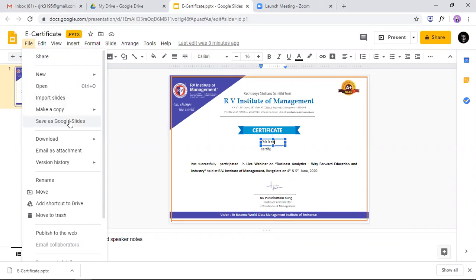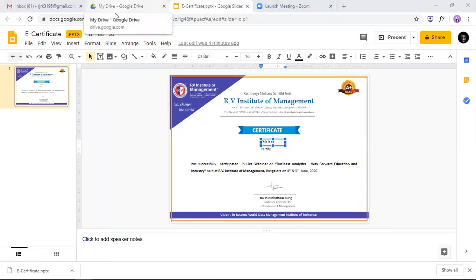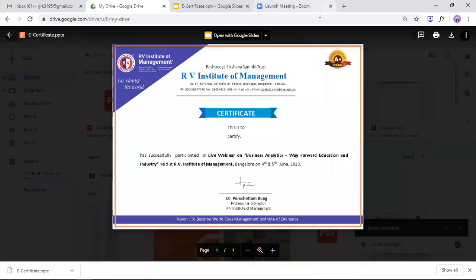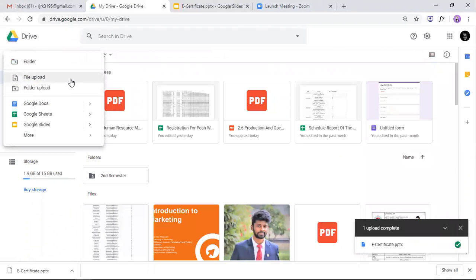No, that is okay. But my question is, how did you upload this certificate to Google Slides? How did it get into Google Slides? It's already there in this Google Slide, I can see it on the screen. Okay, so you just have to go here and upload the certificate. I tried to upload, but it is not getting uploaded. Which certificate? Show me this one, which I've sent to you.